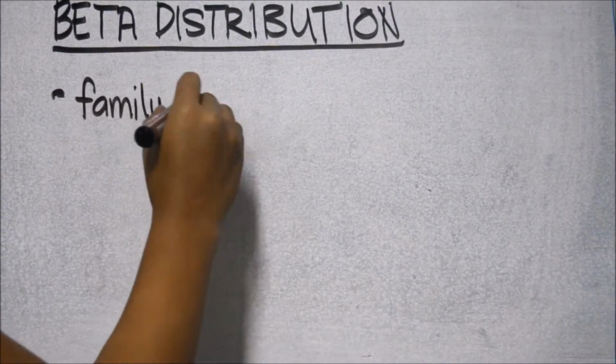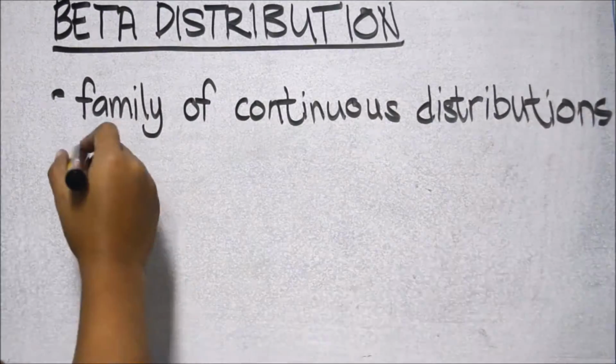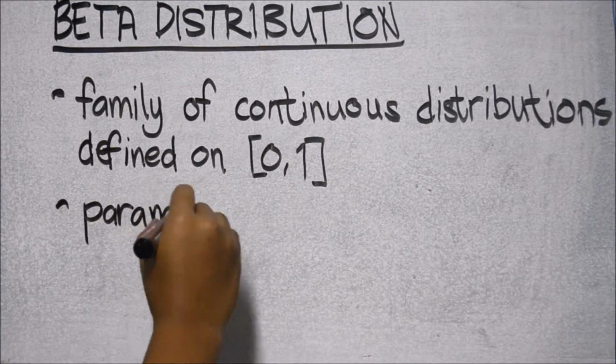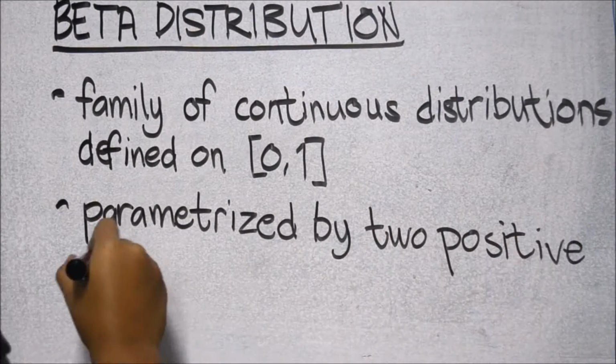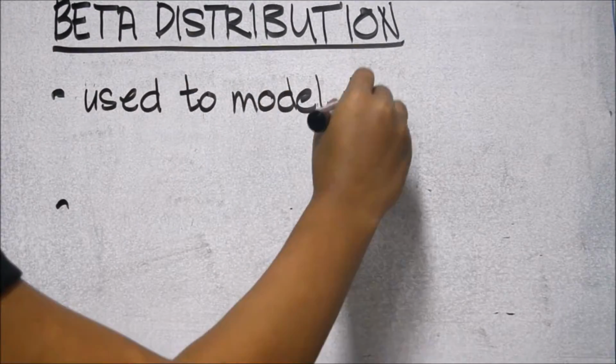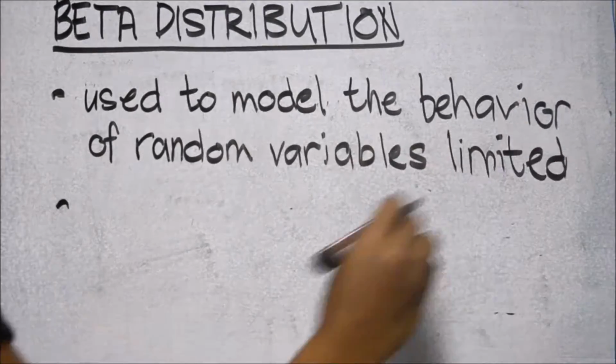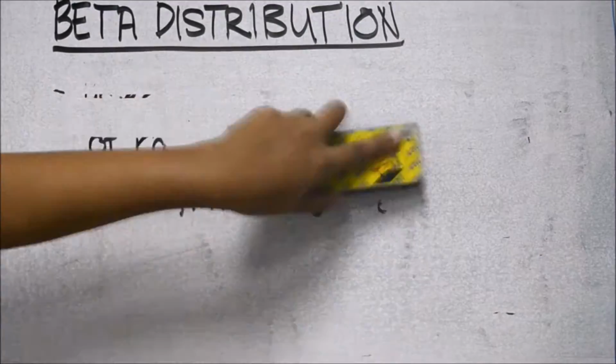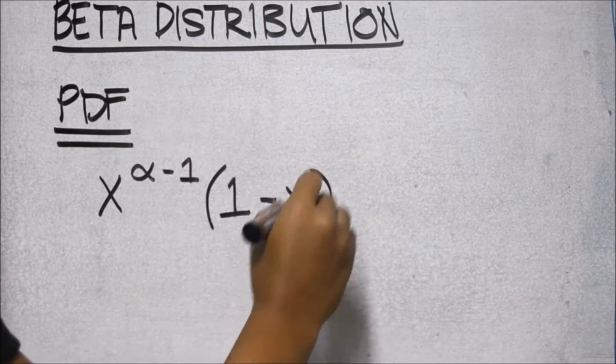Beta distribution. It is a family of continuous distributions defined on the interval [0, 1], which is parameterized by two positive shape parameters, denoted as alpha and beta. It has been used to model the behavior of random variables which are limited to a finite interval. The probability density function is equal to